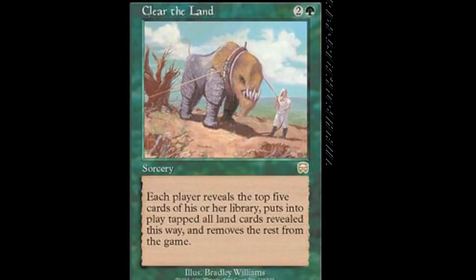Clear the Land. Now, this is an iffy one. Each player reveals the top five cards of his or her library and puts into play tapped all land cards revealed this way and removes the rest from the game. Now, in a land-heavy deck, this can get you an advantage, but it also...